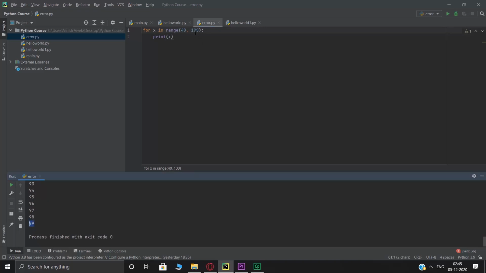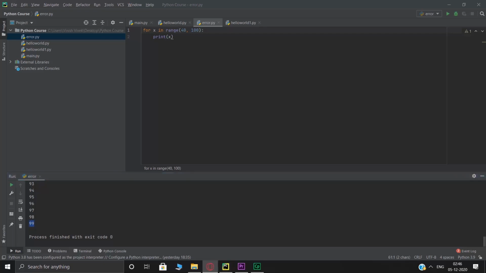So why 99 and not 100? That is because the loop will run through, but it will stop before the last number. So you've given 100, so it will stop at 99. Similarly, if you gave 50, it would stop at 49. So it won't print the last number.